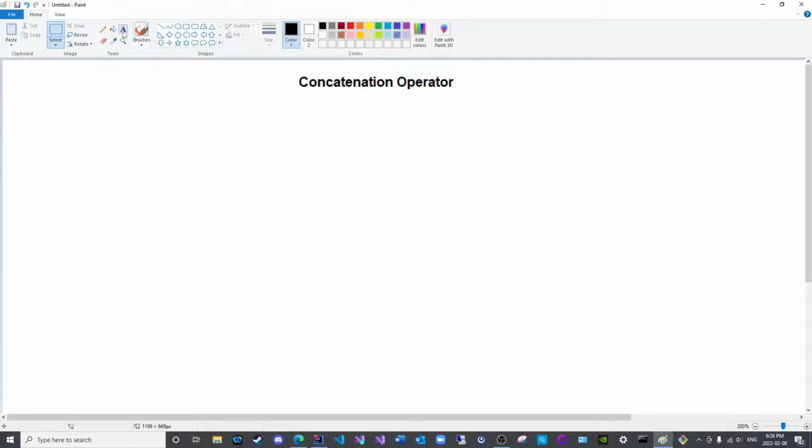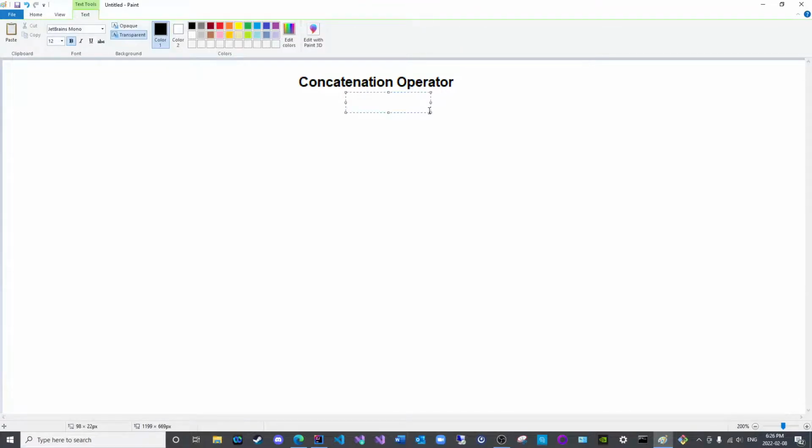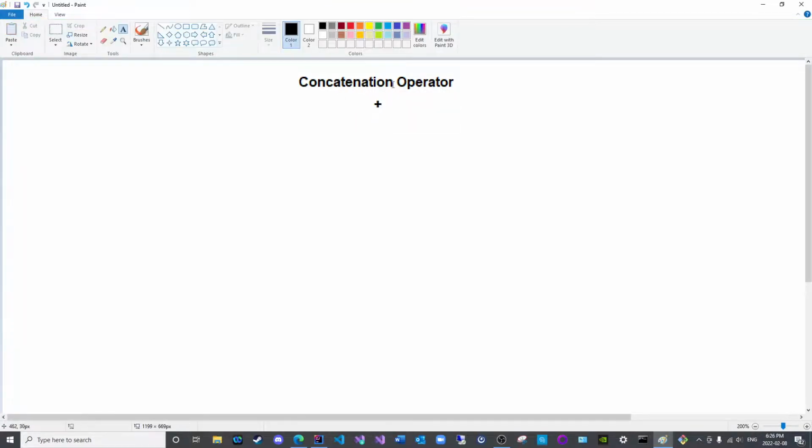Firstly, let us cover what the operator is, and it is the plus sign. However, this is not an arithmetic operator, it is a concatenation operator. An arithmetic operator entails that on the left side must be a numerical operand, and on the right side must be a numerical operand to yield a numerical result. However, with concatenation operators, the operands are either